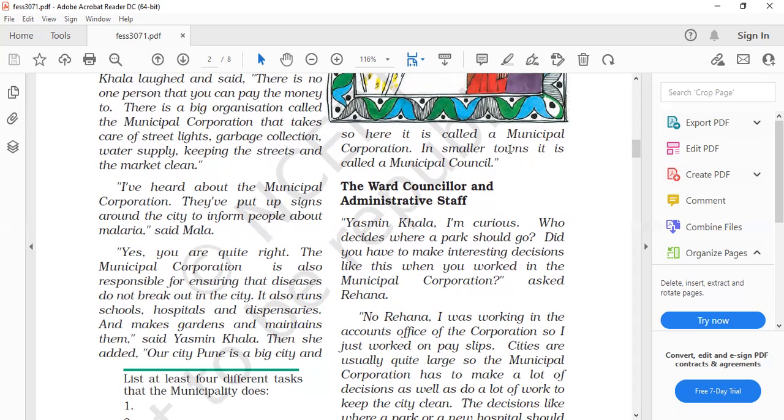So if they ask about the functions of the municipal council instead of municipal corporation, don't get scared, the answer will be the same. Always remember these two are the same. Just look carefully at what is in the question, whether municipal corporation or municipal council is mentioned. Whatever is mentioned in the question, write that, either corporation or council, the work is the same. So I hope you can make your own notes with the help of this.